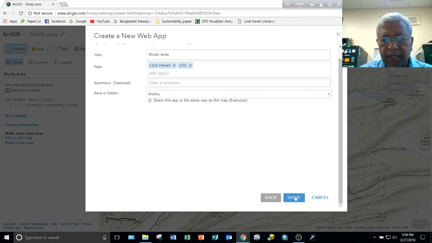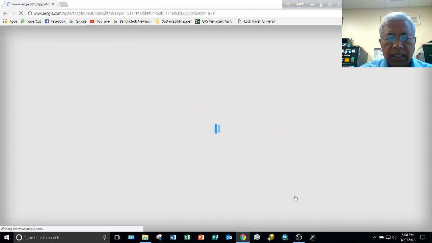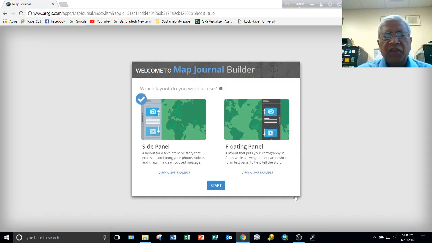And here, let's say I say done. So once I click done, it will open my first map panel. See this map journal builder. There are two options. I like this one, meaning it will create a map, your original big map here, and